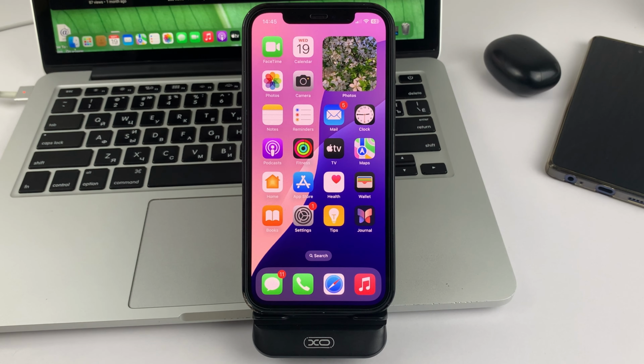In this video, I will tell you and also show you how you can easily log into another Snapchat